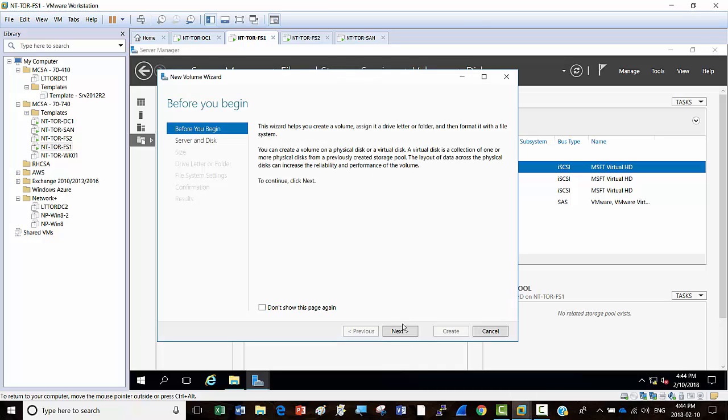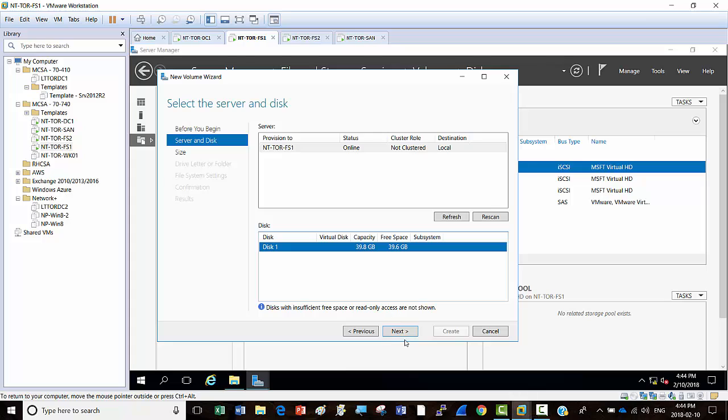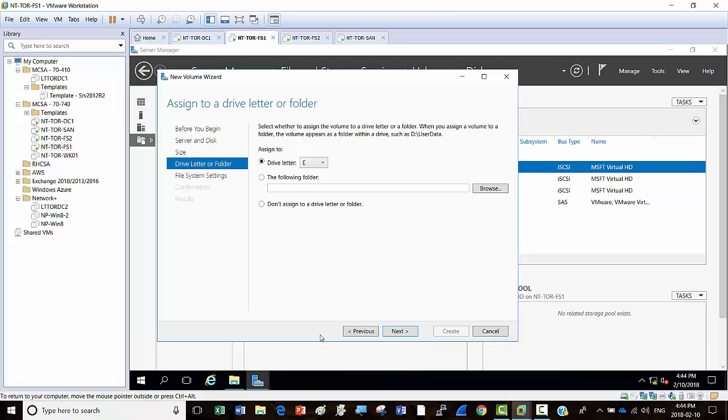On new volume, then click next, and now we have here disk 1. So next, and the size is okay, good to go. So next, and now we can give it a drive letter. Drive letter is E, right? Yeah. And then click next,